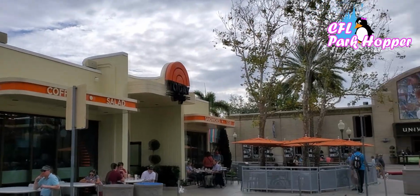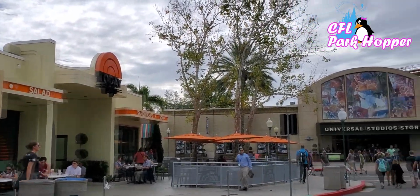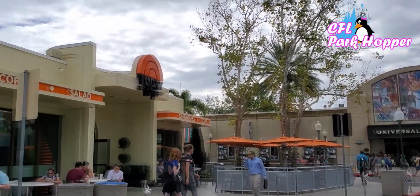Everyone, CFL Park Hopper here at Universal Orlando, and today we're going to talk about must-dos for your 2020 trip throughout the Universal Orlando area. Not just Universal Studios, but also Islands of Adventure, Volcano Bay, and how to best plan your trip. Let's go. Okay, so I'm starting off here at Universal Studios, and I want to point out a couple things